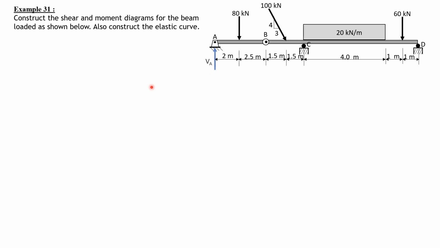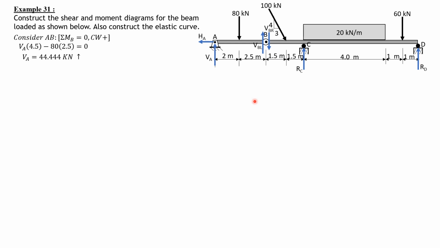So considering AB, let's call this vertical reaction at A V sub A. Then shear just to the left of B, which is equal to shear just to the right of B. Then R sub C, then R sub D. So considering AB, summation moment about B equals 0, clockwise positive. So we have V sub A times 4.5 minus 80 times 2.5 equals 0. So V sub A is